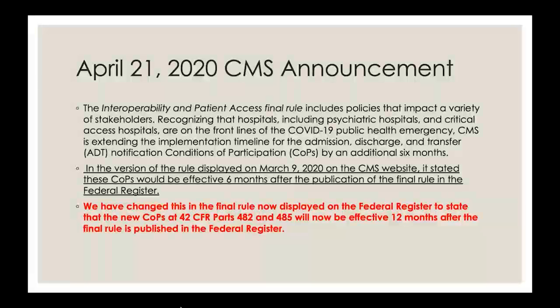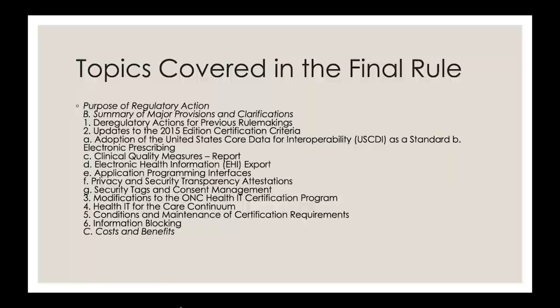From the outset, I mentioned that COVID has had an impact, and so if you're going to mark your calendar today for the publication date of the Federal Register Final Rule, you can now mark the effective date of May 1st of 2021. So again, that's just something to be conscious of when you're marking your calendar on that.